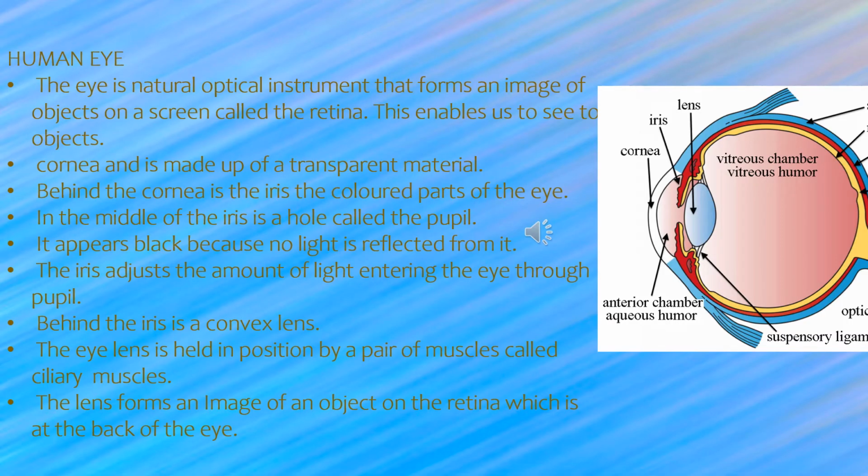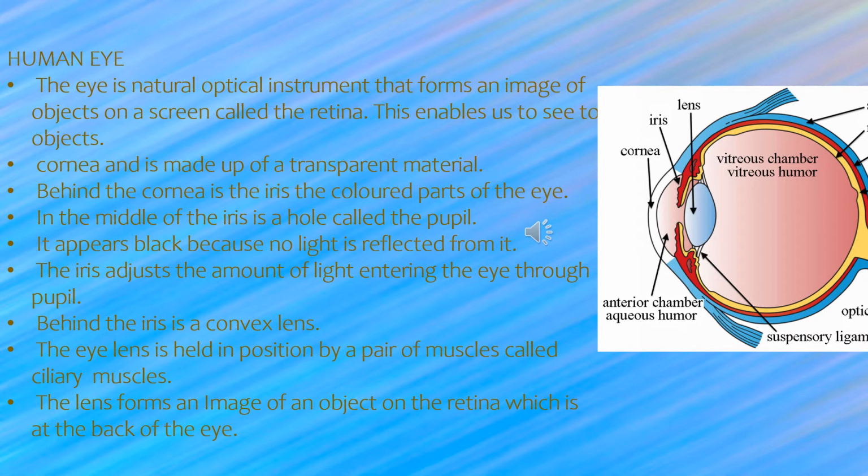Working part of the human eye. Our eye is a natural optical instrument that forms an image on the retina. I explained this already. The light from the object enters the eye and falls on the retina. From there, electric signals are generated and go to the brain, and the brain interprets the object. The outermost part of the eye we call the cornea, where light enters from one medium, air, into the eye, another medium.